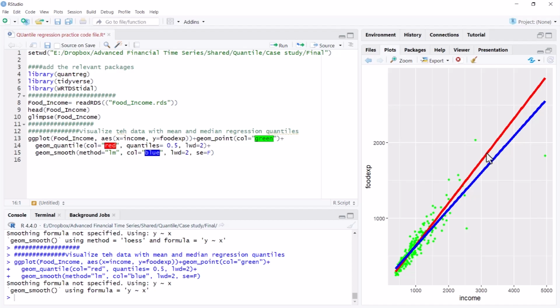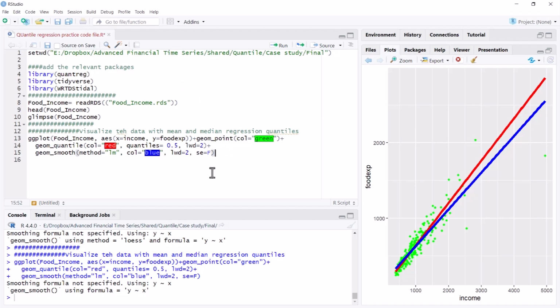Now the difference is not much, which suggests that at the mean and median, the relationship is not too different. The average relationship with the OLS regression as depicted by the blue line, and the median relationship at the 50th percentile with the red line, are not too different in terms of slope. They are fairly close, which means there is a lockstep, 1-to-1 relationship, a 45-degree kind of line relationship between income and food expenditure. But our hypothesis is that while at mean and median they may be the same, across quantiles there may be substantial differences. So we'd also like to visualize this relationship with regression quantiles across different quantiles. So let's see how to do that.